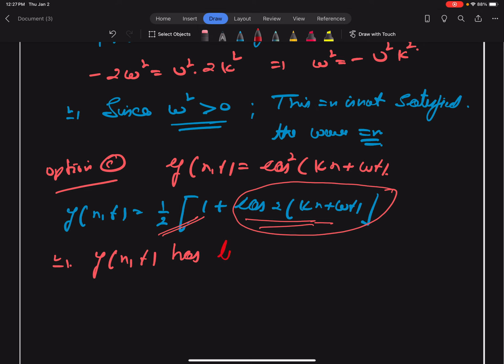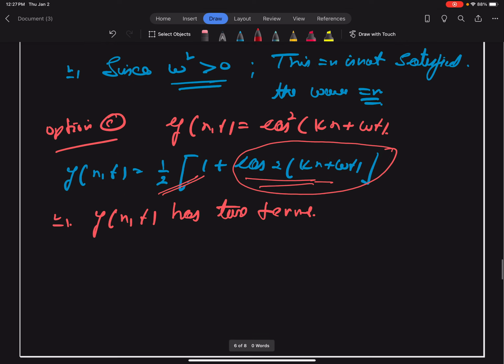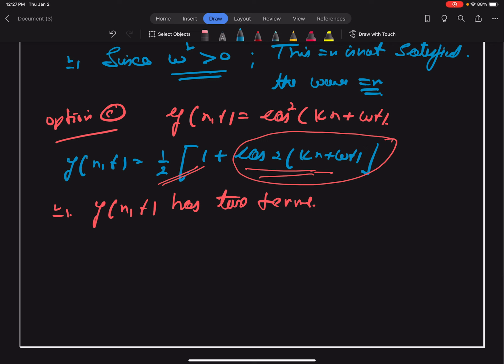Has two terms. First, a constant term which is equal to 1 by 2, and like I said, this contributes nothing to the wave equation since its derivative vanishes. So you can say this contributes